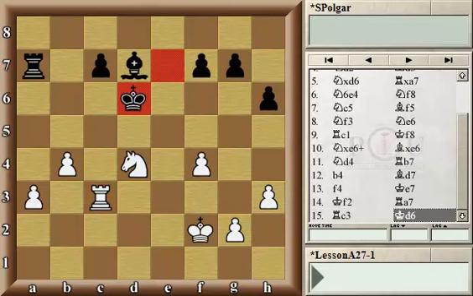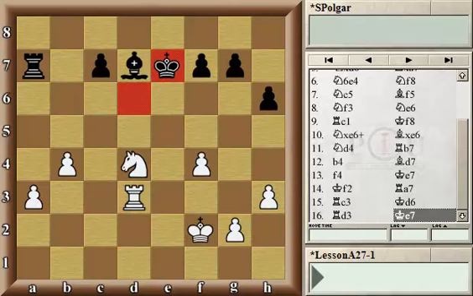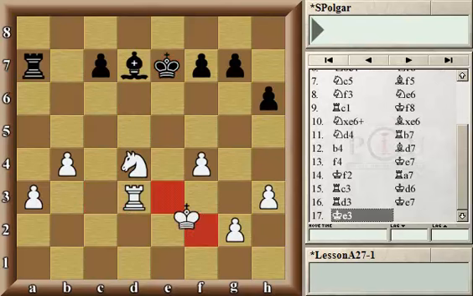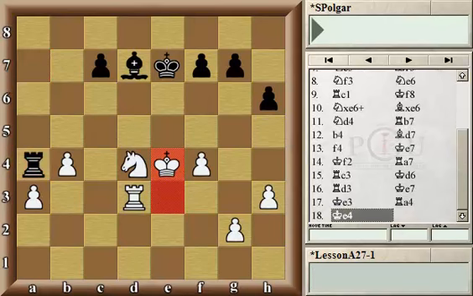King d6. White played rook d3, creating a discovery threat, forcing the black king to retreat. And the white king is ready to advance. Rook a4. A tricky move. Black's trap is that if the white king would advance to e4, black would get a tactical